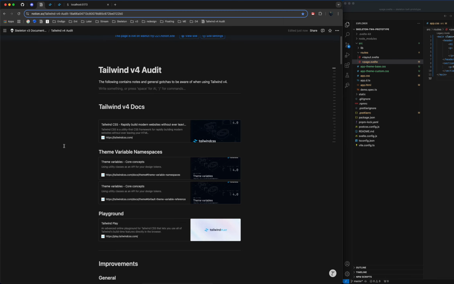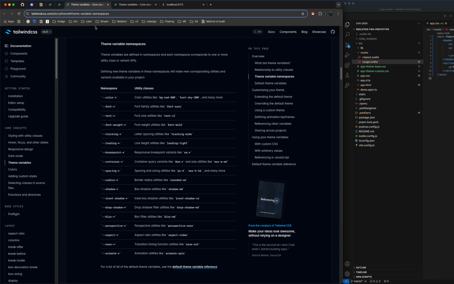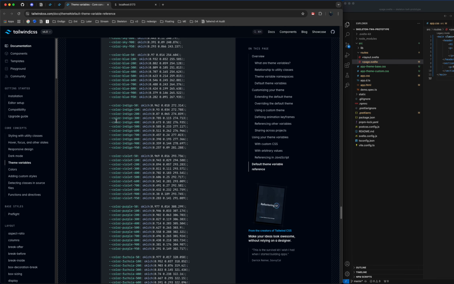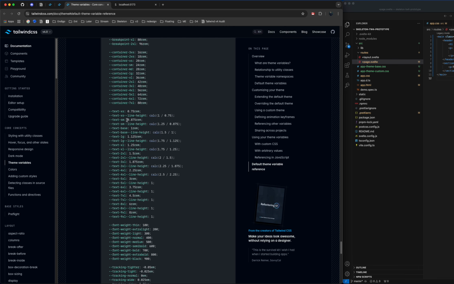But a few things to call out here at the top, just links to the documentation. It links to theme variable information. So if we're looking to extend Tailwind, these are the properties that we have available to us. The namespace, the CSS properties, if you will, the design token structure there. And then here's all the default values that come from Tailwind by default. So there's quite a bit in there, but that's the kind of stuff that we will tweak and adjust and